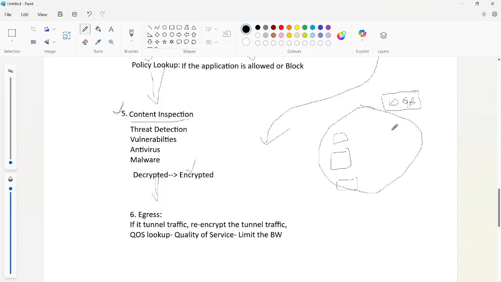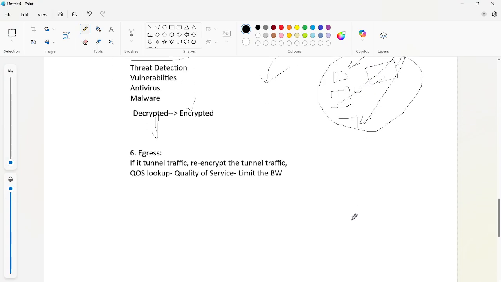If you are not doing anything and you directly assign the 10 GB of data to the 3 users, they will complete it within a day, or 2 or 3 days. To avoid that, what we can do is use a firewall and apply a QoS policy. So let's assume it this way.